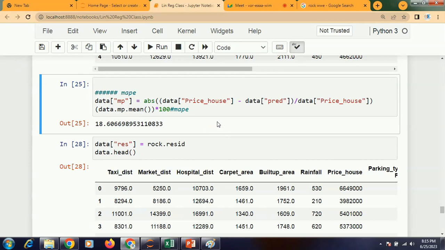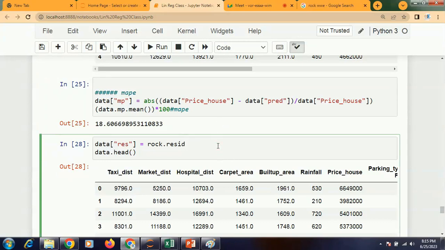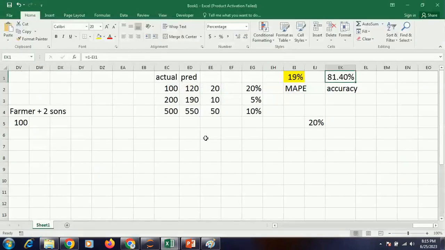Okay, all right. Now before I get into the business interpretation, let me tell you there are some technical things which we need to check, that is some of the assumptions. Here I calculated the percentage to calculate the MAPE. Now just forget about the percentage, talk about the absolute values.